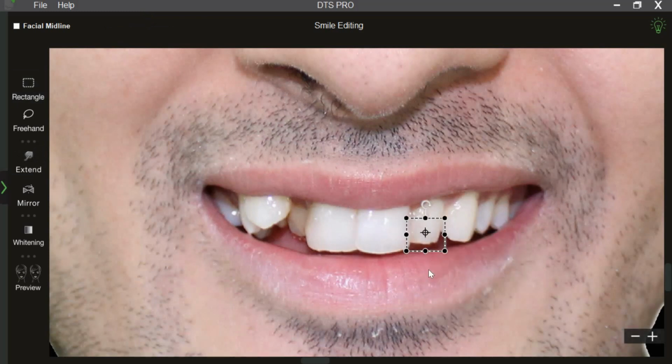I can lengthen the lateral incisor, and let us see how to mirror the patient's left quadrant.